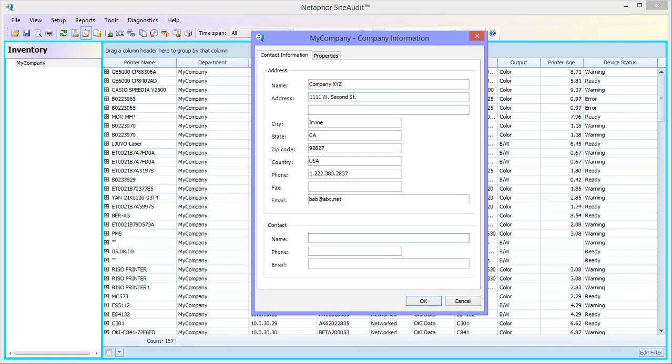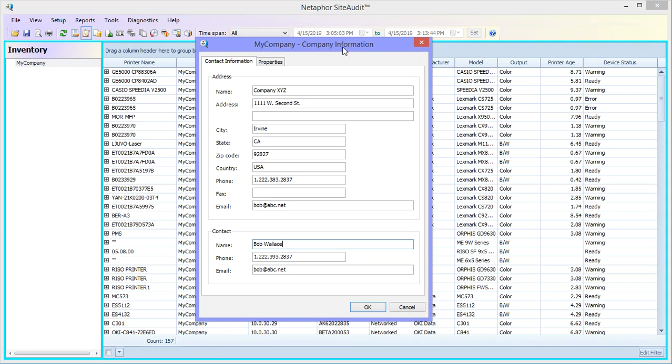Okay, and then you can also give the contact information of who might be contacted at this company in case there's anything that you need to correspond with them or talk to them about. So maybe it's Bob at abc.net. All right, so we have the contact information here, and the nice thing about this contact information